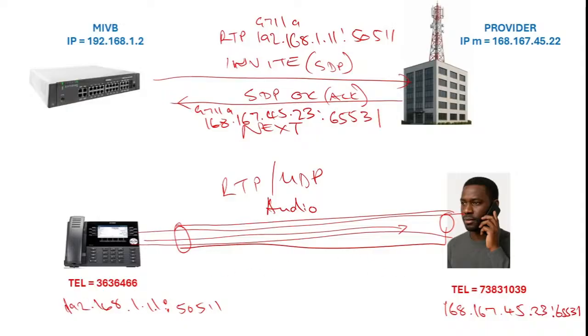So this IP address, if your firewall is not able to change it into the public IP address of the internet, so that it is routable over the internet, we are going to have this person,